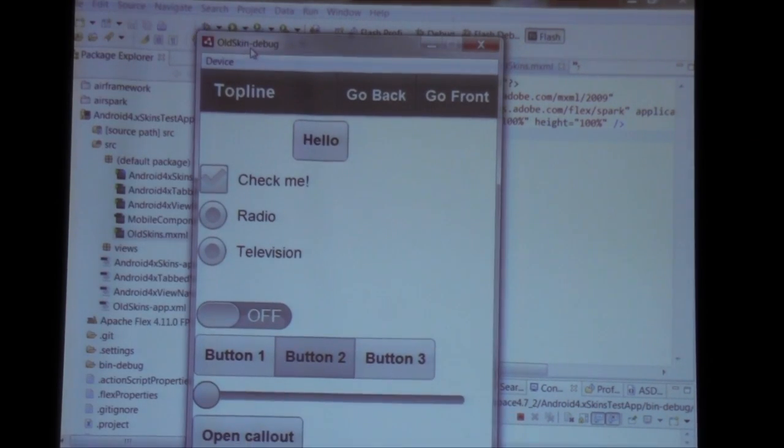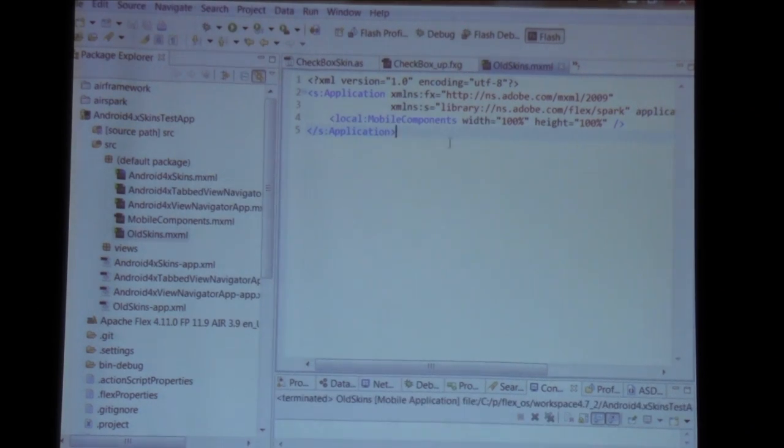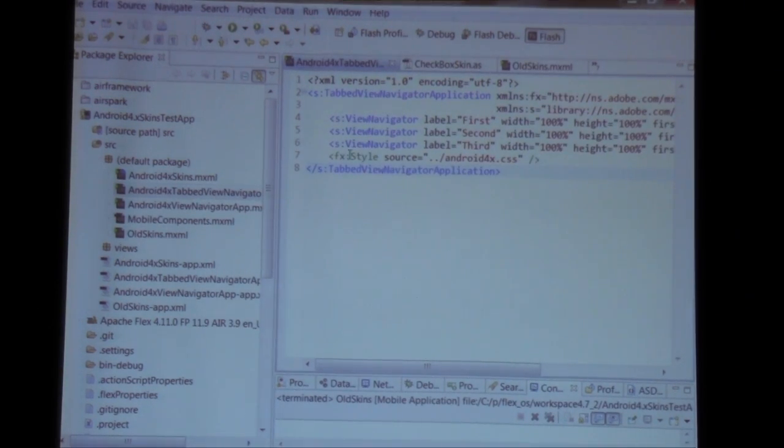So you have your navigator, action bar, your button, your skin for checkbox and all those things. This is the current state of the skin. This is why it looks outdated and it requires an update. Now, if I run the same thing on my new application, I just point it to a different CSS file. And if you go inside the CSS file,